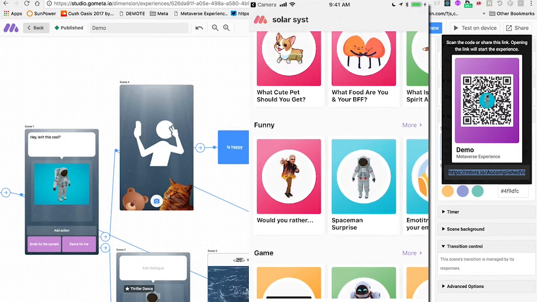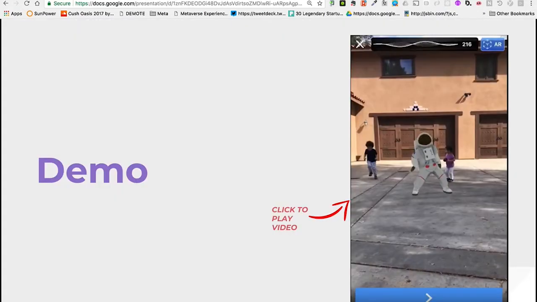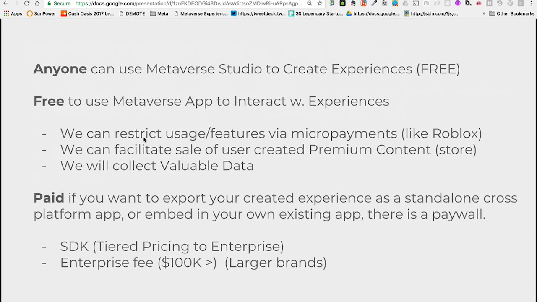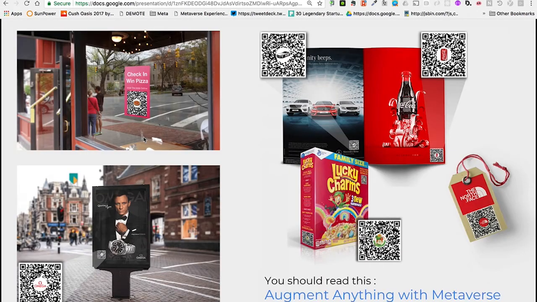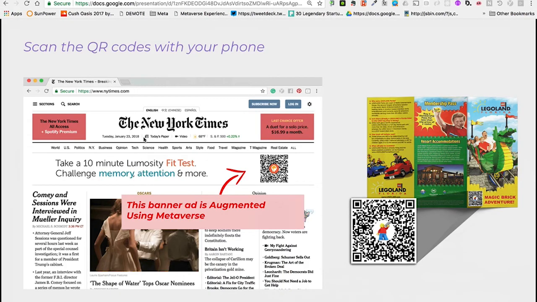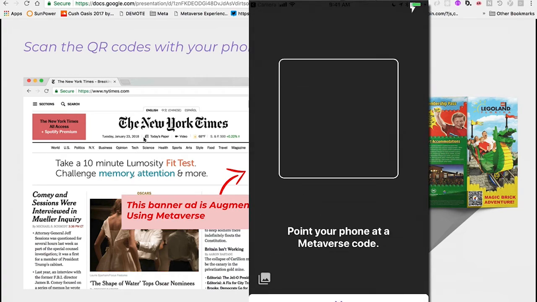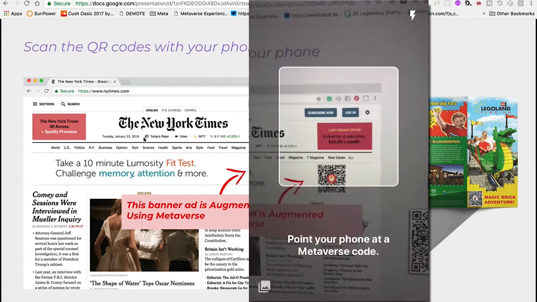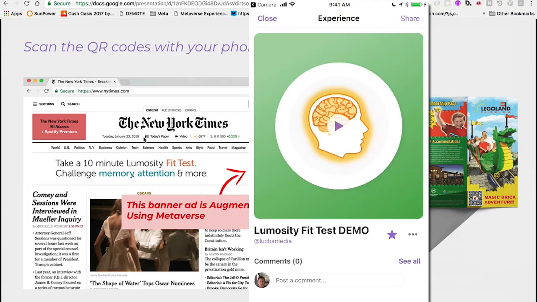So in fact, let's do it this way. I'm going to go back to this deck here, and I'm going to scan some of these things here. I'm going to scan this Lumosity test. And as I said, these experiences, we call them interactive content or interactive experiences. They don't have to be augmented reality. In fact, these scenes that we were creating